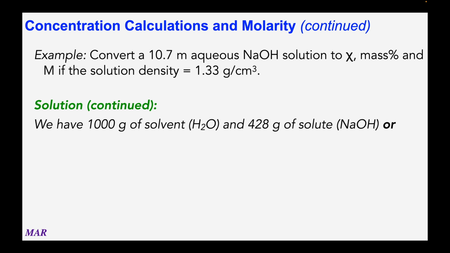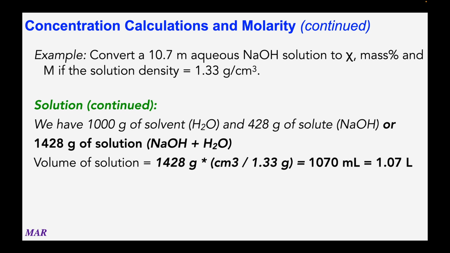Okay, so when you're dealing with molarity, you have to remember that you're looking for liters of solution. And in the last slide, we had a kilogram of solvent. That's what our assumption was. And a kilogram is 1,000 grams of water. And we calculated that we're going to have 428 grams of solute, sodium hydroxide. So what that means here is that our grams of solution will be 1,000 plus 428,